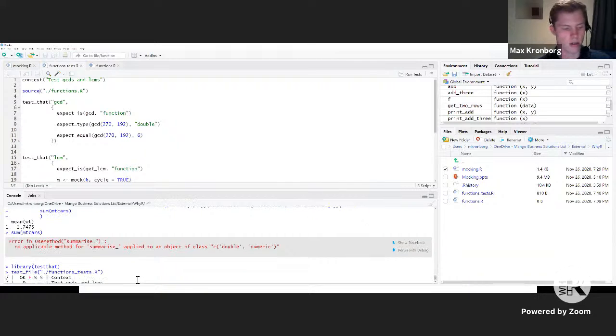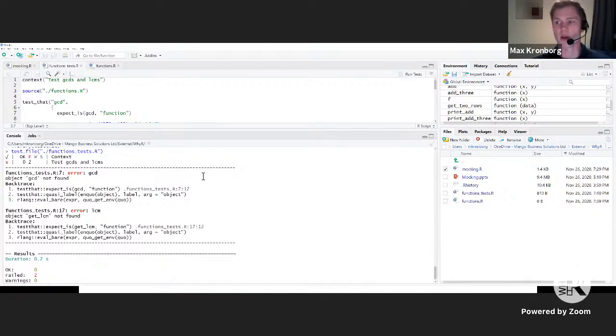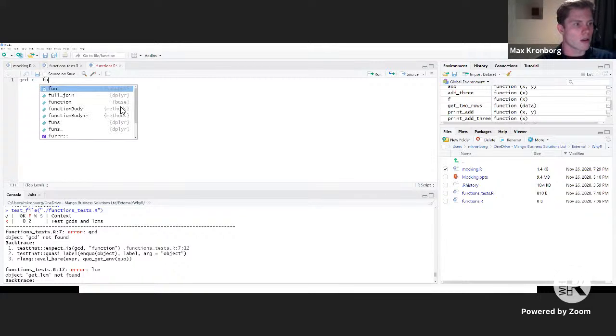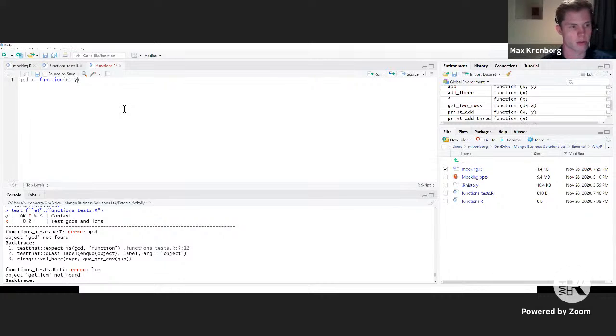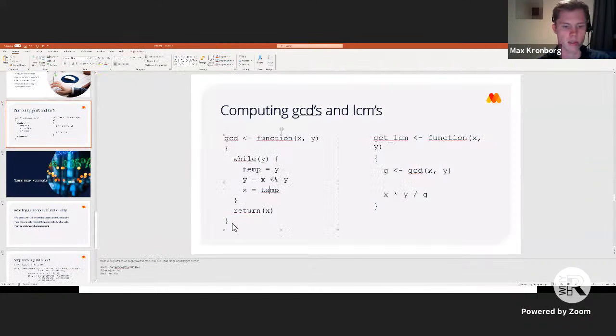So if we run this, it's going to run a bunch of tests. It won't be able to load any of the functions, so we're going to get 2 errors, which are basically you haven't written any functions, which is fine. That's exactly what we'd expect. So we can now go about the job of writing these functions. So we need 2 of them. We need GCD, which will take 2 numbers, an X and a Y. And in here is where I'm going to cheat a little bit and just grab the code from here because it's not that relevant right now.